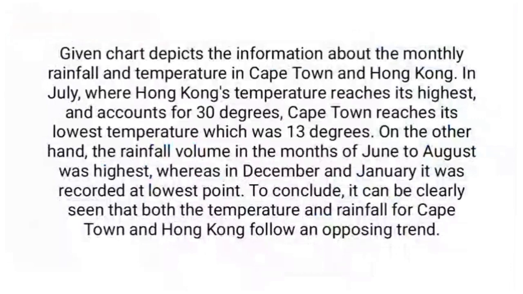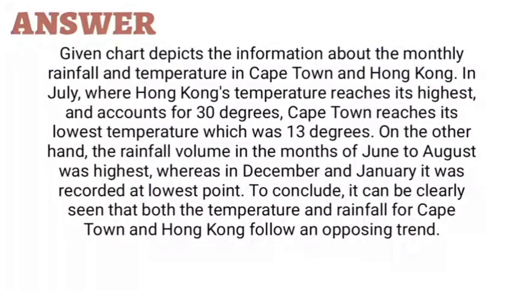Given chart depicts the information about the monthly rainfall and temperature in Cape Town and Hong Kong. In July, Hong Kong's temperature reaches its highest, and accounts for 30 degrees, while Cape Town reaches its lowest temperature,